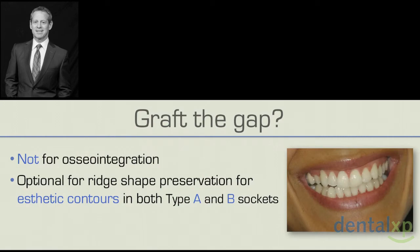So do we graft the gap? Well, no, not for osseointegration, clearly, because the bone will get to the side of the implant. Now, it's optional. It's not wrong to put a graft in the gap. And what that can do for us, and